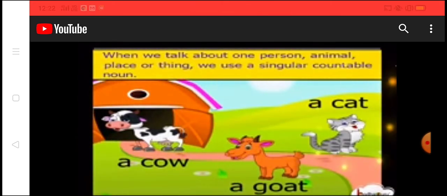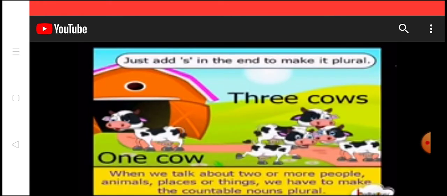Here the word a is used before cow, that shows only one which can be counted. So cow is a countable noun. The same way cat is a countable noun and goat is a countable noun, before which you have got the word a which means only one, that is singular. I have a cow, I saw a cat, I bought a goat. In all the 3 sentences, I am speaking about only one animal. Even with or without a, it will be singular: cow, goat, cat, because it doesn't carry s along with it.